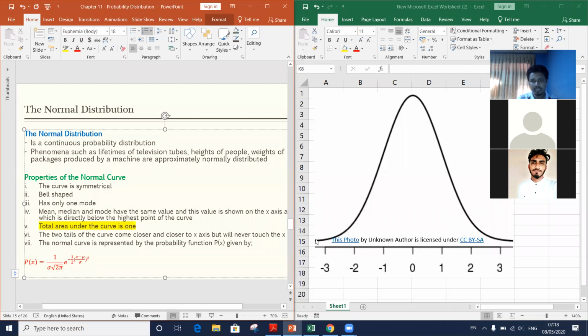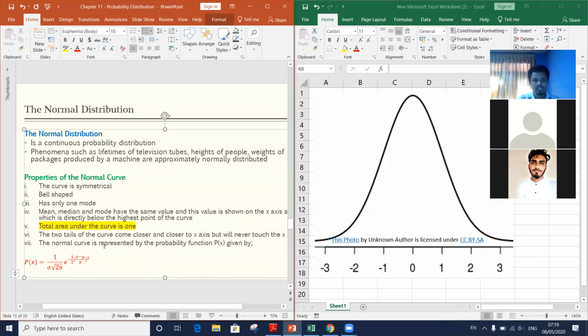මේ තියෙන්නේ මේකේ tails දෙක, left tail එකයි right tail එකයි. මේ left tail එකවත් right tail එකවත් කොයි වෙලාවකවත් අපේ මෙන්න මේ horizontal axis එක touch කරන්නේ නැහැ, right? That is also another property in a normal distribution, right? කොච්චර පහළට ආවත් it will never touch the horizontal axis, whether it is left tail or right tail, right?